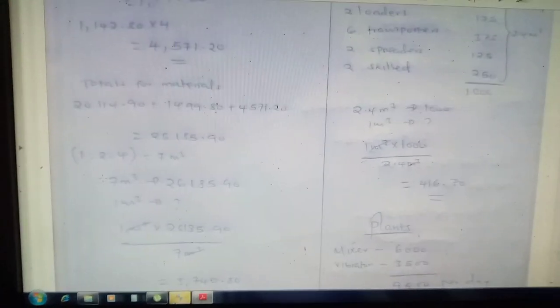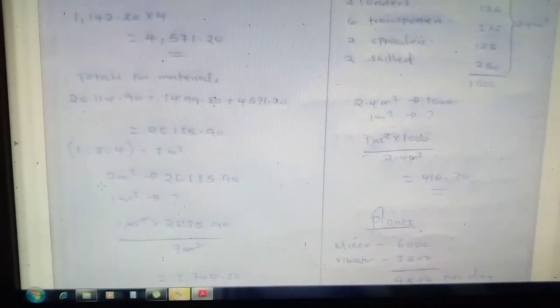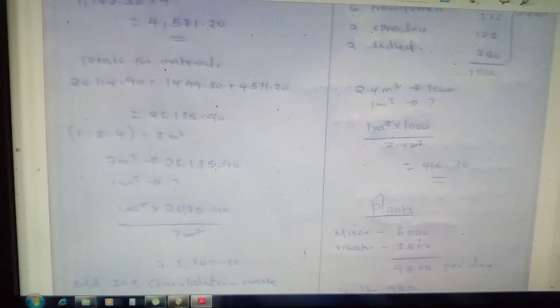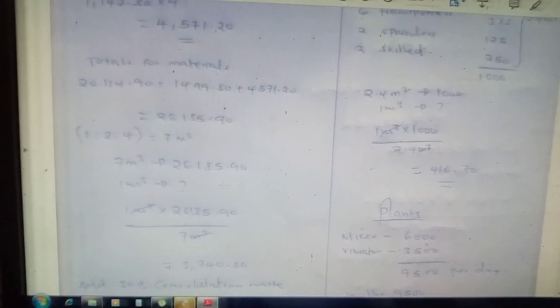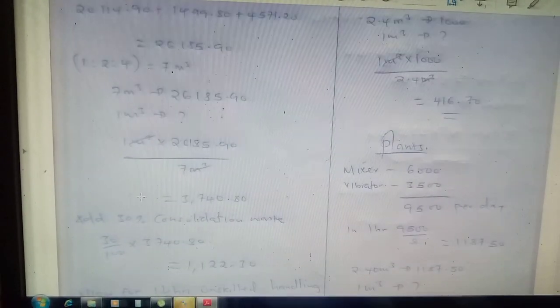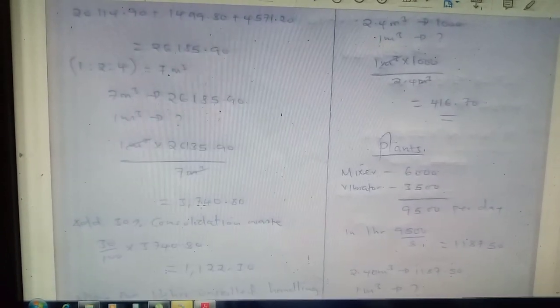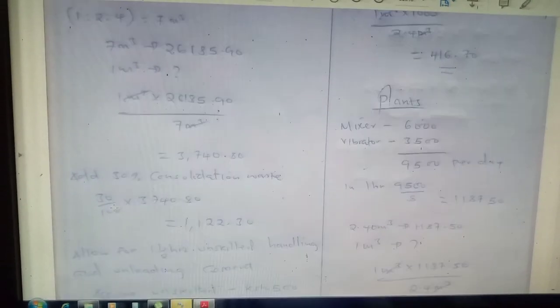So you say 7, but we need our cost to be per meter cube or per cubic meter. So you say 7 cubic meter is equal to 26,185.90. What of 1 meter cube? You will get 1 meter cube to be 3,740 shillings and 80 cents. Then you add 30%